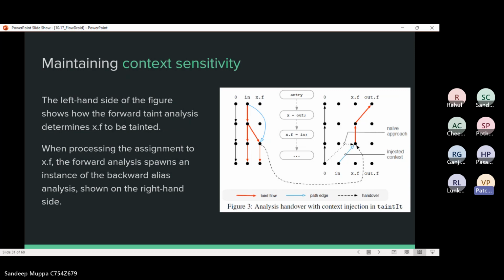The left-hand side of the figure shows how the forward taint analysis determines x.f as tainted, whereas the processing of the assignment x.f makes the forward analysis spawn an instance of backward analysis, shown on the right-hand side. This shows the difference between the forward and backward analysis for context sensitivity.